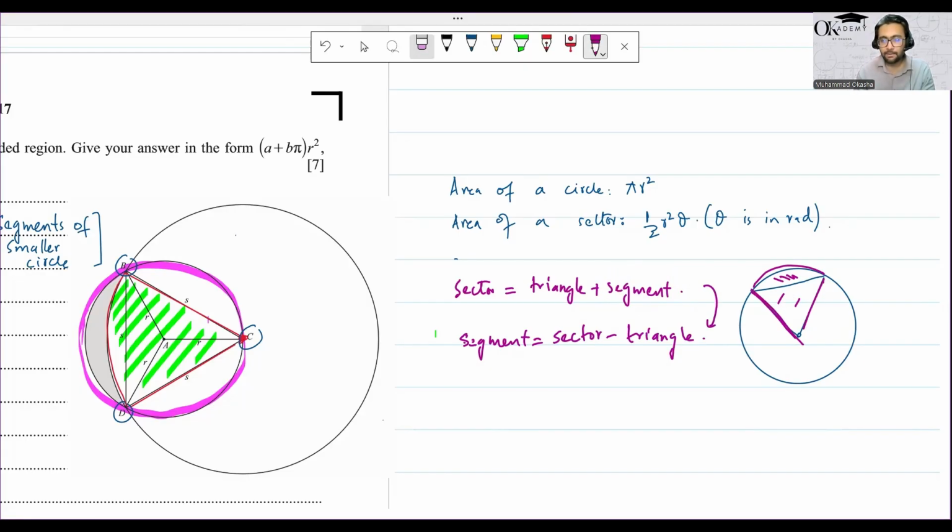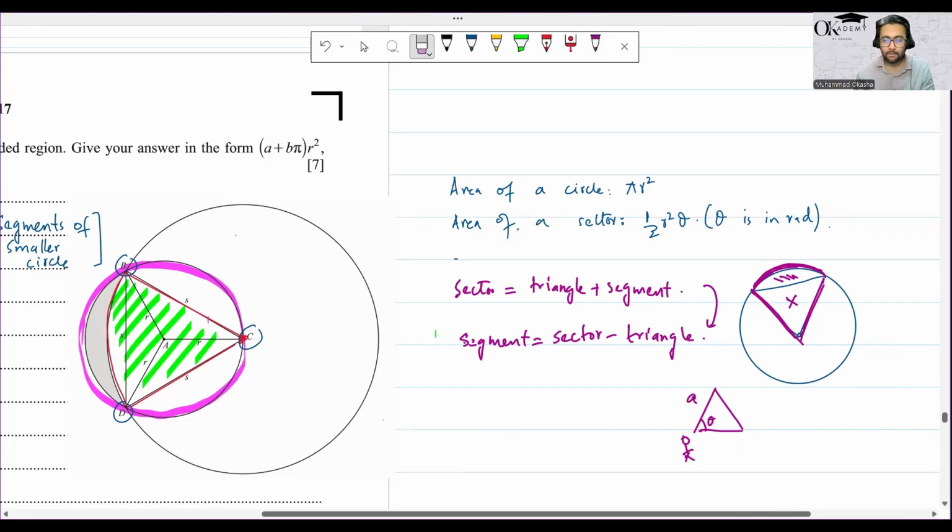Again, the entire sector. Think of it actually as a pizza slice. If you take away the triangle from a sector, you're just left with a segment. These are a few things that we're looking at, and we know the area of a triangle. For example, if you know this angle theta, and if you know these sides, let's say A and B,